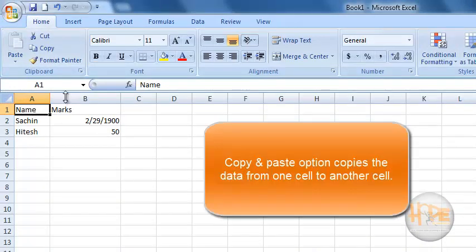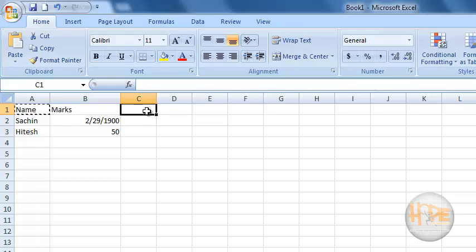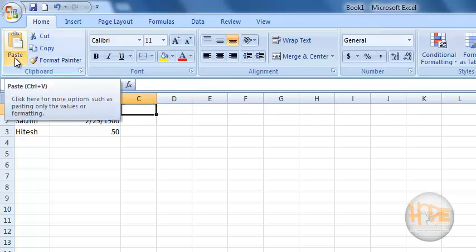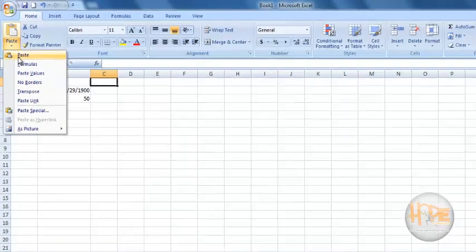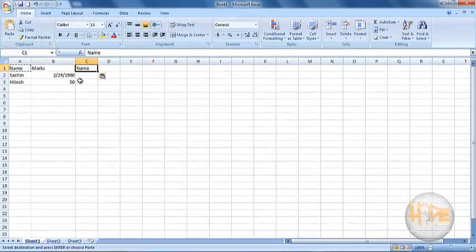Now, go to the copy option and click on it. Now, select another row where you want to copy the data and then go to the paste option and click on it. You can see the data has been copied to another cell.